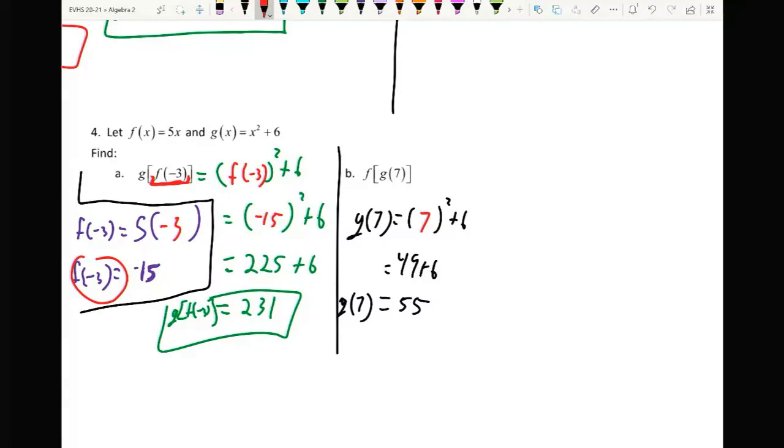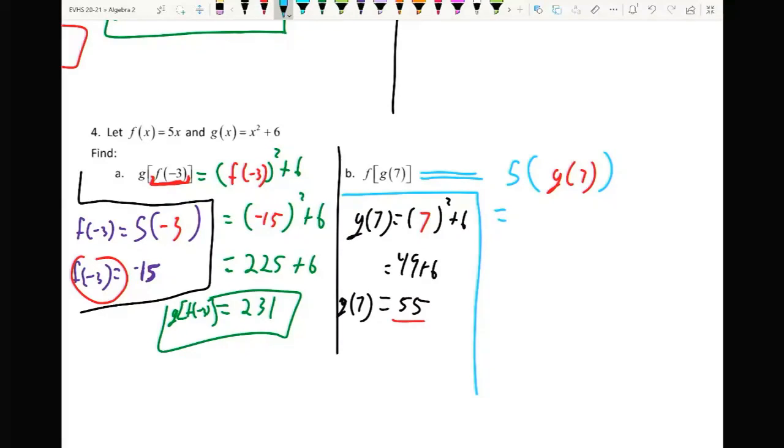Now, whenever I come over here, that is f of, right, f is 5x. And then that's f of g of 7. But g of 7 is just 55. So this equals 5 times 55, which equals,